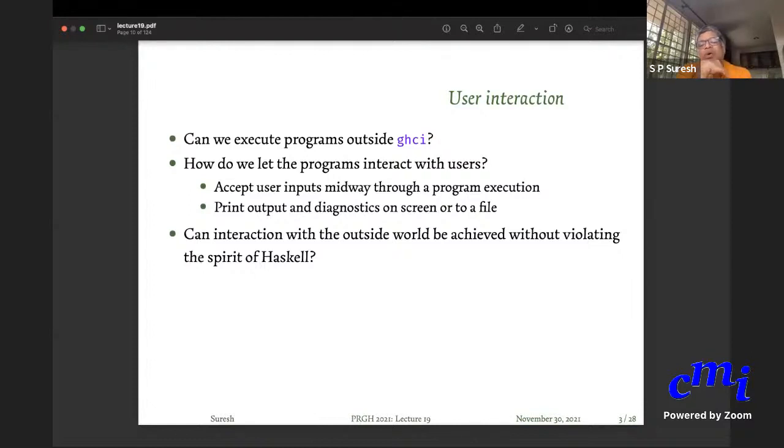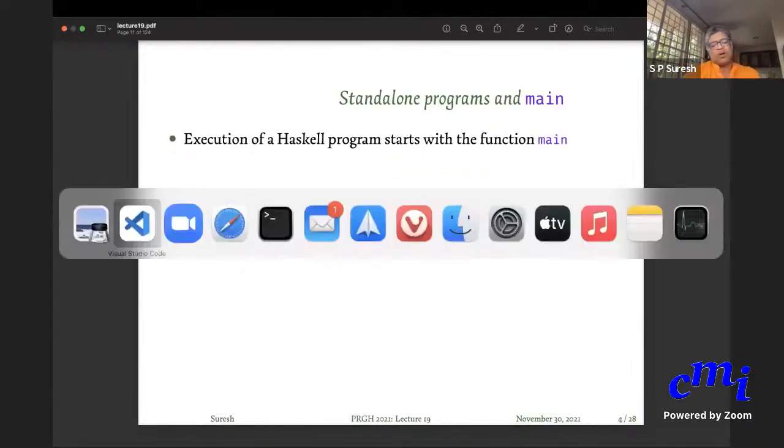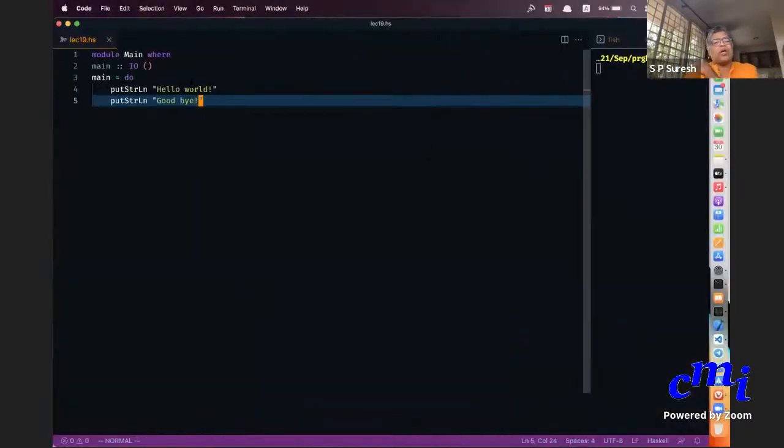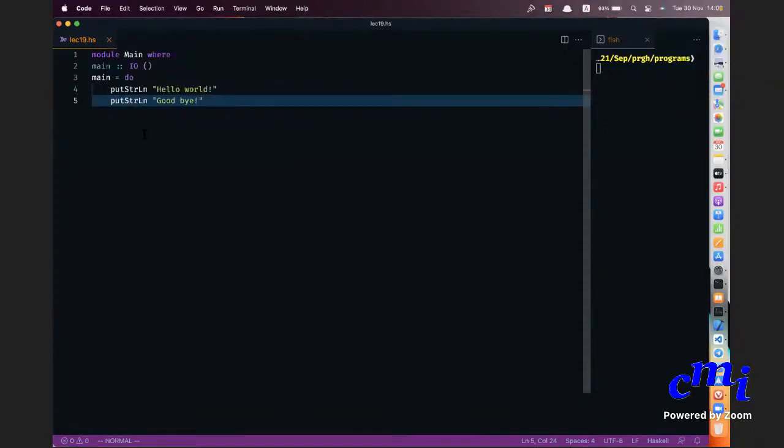Okay, and this we want to achieve, but all this has to still be in keeping with the philosophy of Haskell. So without further ado, here is a Haskell program which has input output. At least it does output first. This is the first command that you will want to know: putStrLn. Put a string on the screen and also print a line, meaning a newline character. Put string line, that is what it is called.